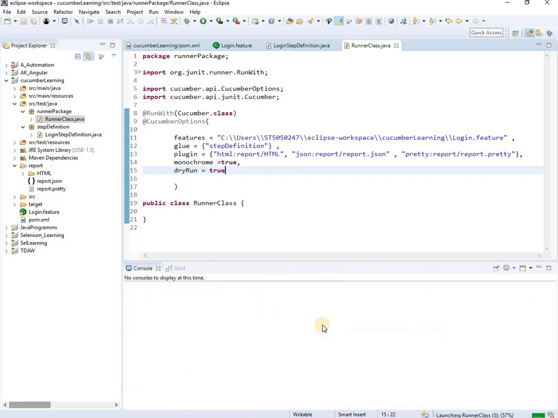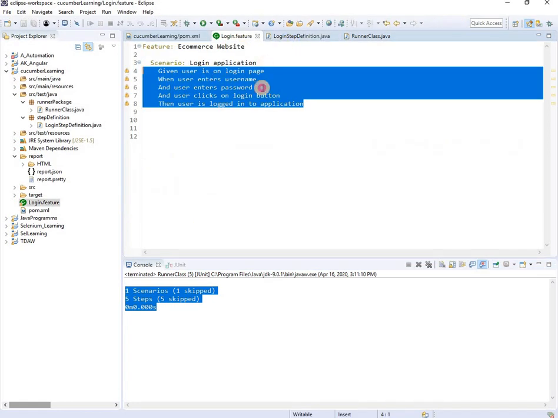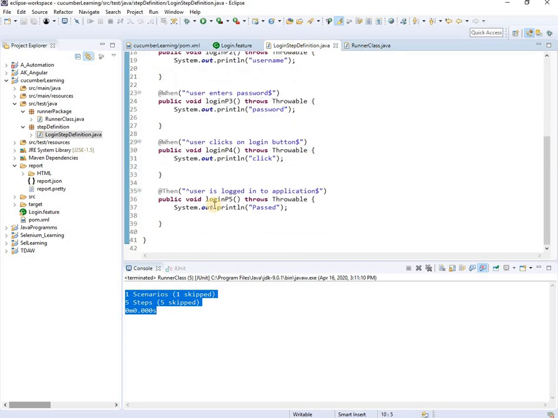So it will just check whether everything is up or not. Yes, the one scenario is skipped, 5 steps are present. Skipped because we are not running it. We don't need to run it. We just need to check whether the scripting is present for all the keywords or not. So what I'll do, I'll just comment one of the scripts.